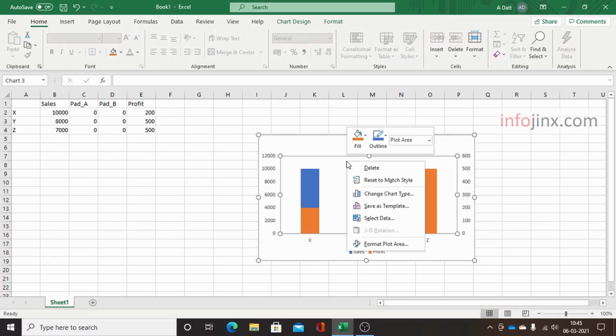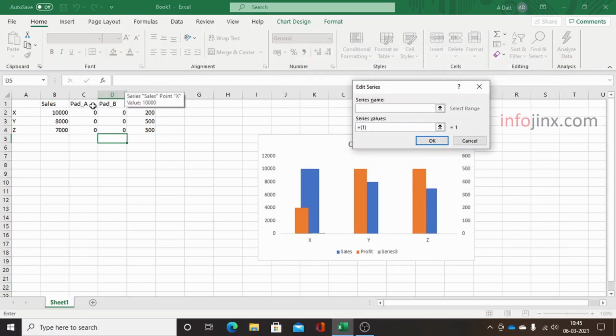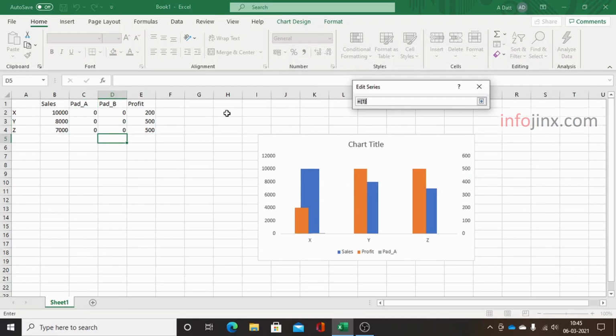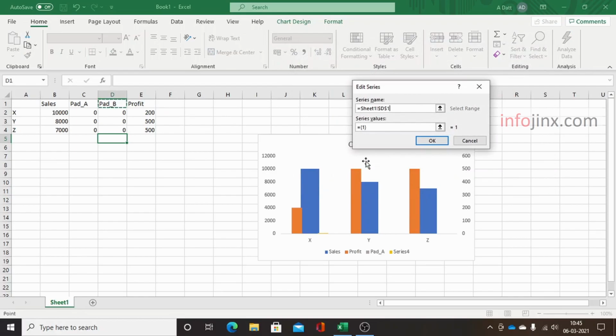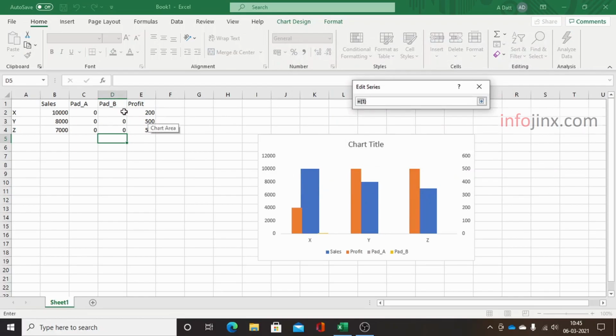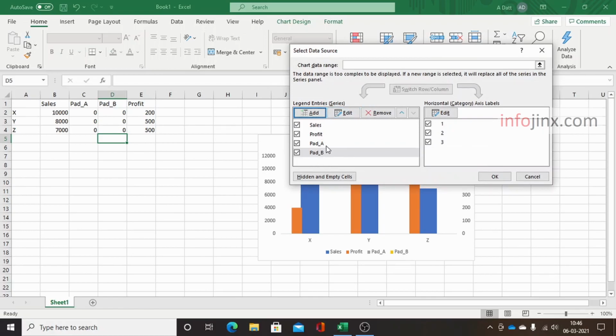Now we will have to add these series to our chart. So we have added both series.